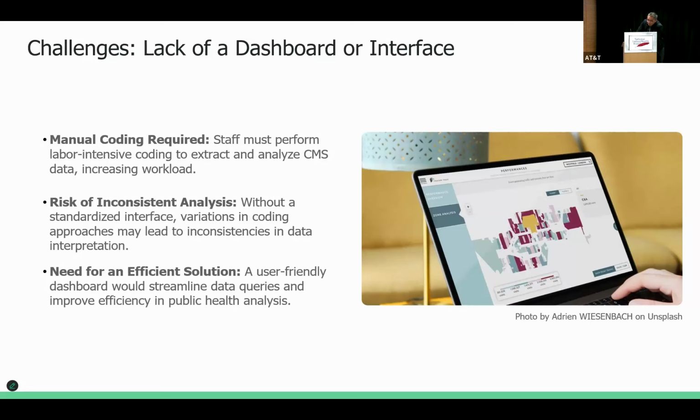Part of that is feedback, not just from me but also from other staff members that I work with. There's a lot of this analysis, and what I notice is it requires a lot of manual coding. So in order to grab some information, it's not quite straightforward. There are so many layers of protocols and technical difficulties to put together a summary of the data.